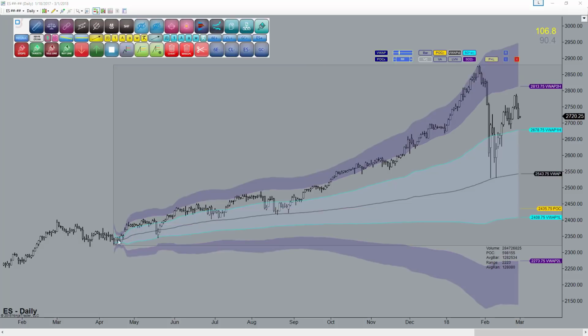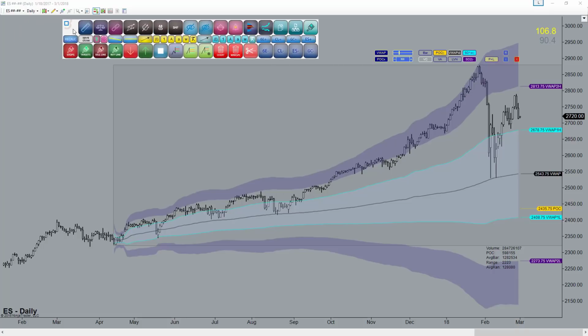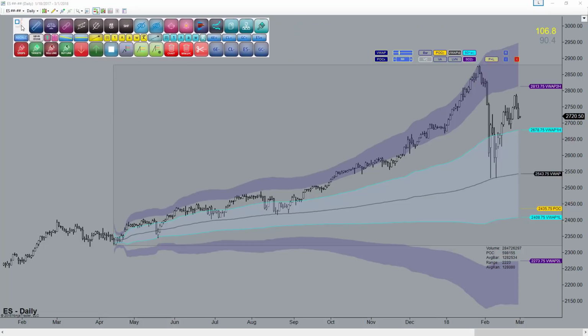To be able to create these volume profiles on a daily chart as quickly as we're able to do, we had to create a pretty elaborate system. And through the use of this system, we're able to draw volume profiles on any chart from a single instance of the toolbar, controlling every single chart and workspace in the entire NinjaTrader environment, and then also be able to apply alerts to any of these developing areas on any chart,